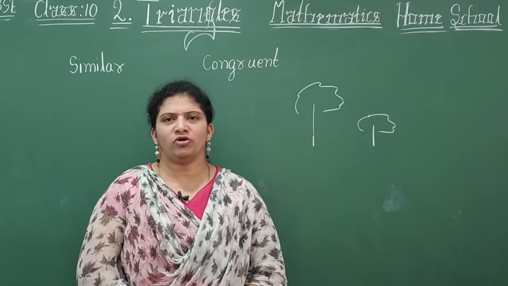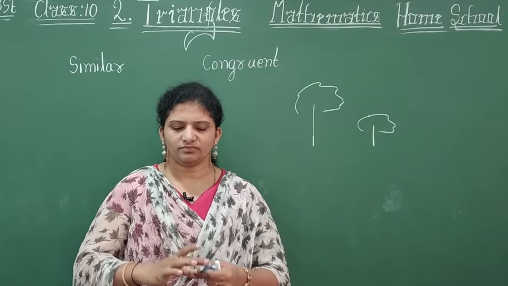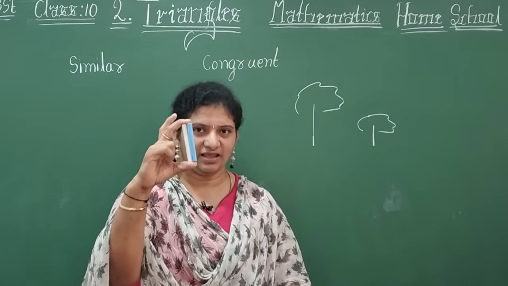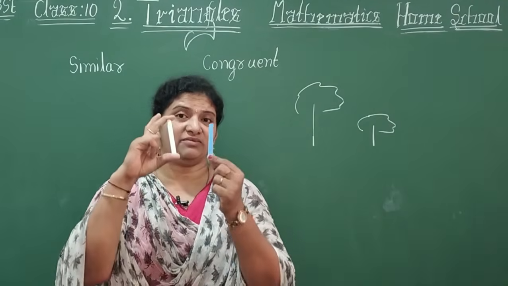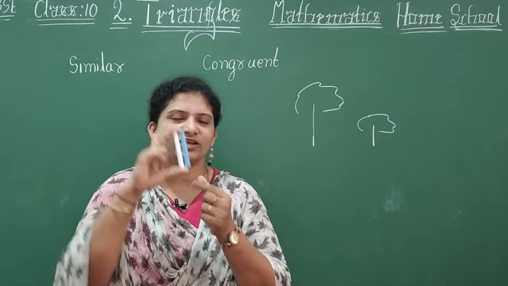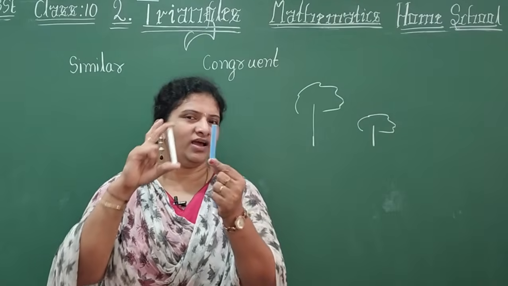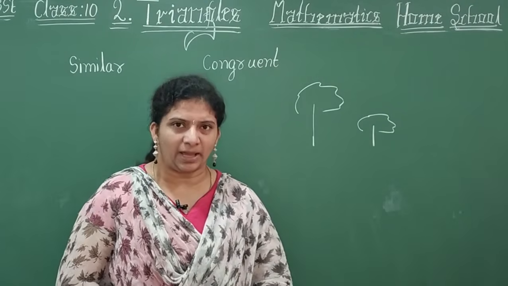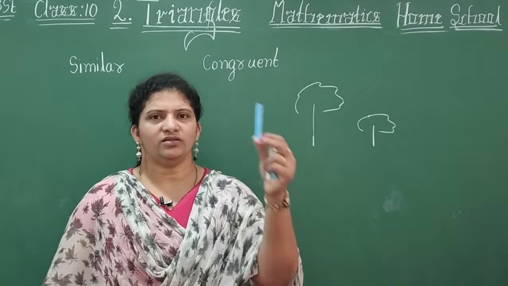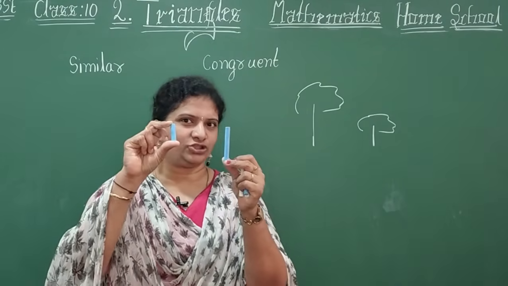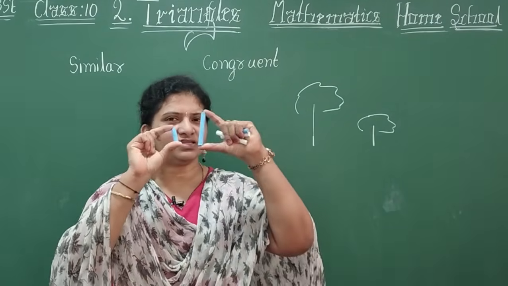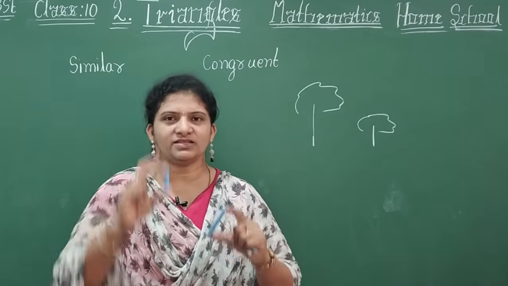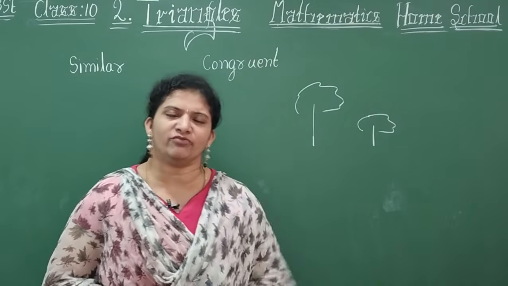Now one more I am going to ask you. Look here. What are these two, children? These two are chalk pieces, right? They are of the same size, same shape, but they differ in color. This is blue color and this is white color. So observe all the examples I am asking you about. Look here, this is a chalk piece, this is a chalk piece. This is a big chalk piece, this is a small chalk piece. But both we call chalk piece only. There is no other name for the smaller one and no other name for the bigger one.